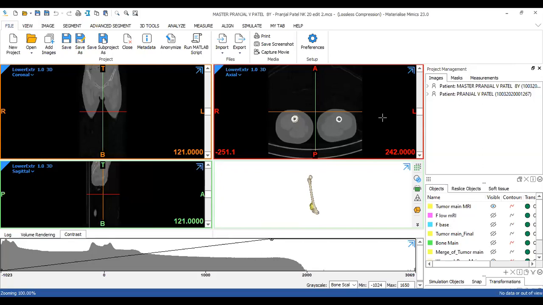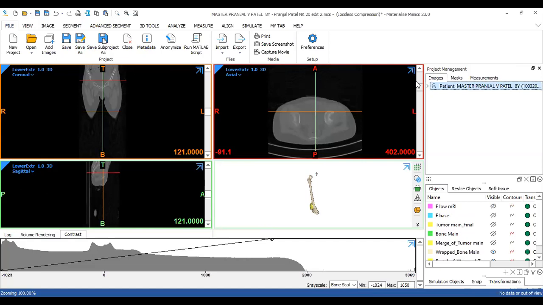Okay. Yes, ma'am. Now coming back to the alignment of two different data sets. What generally, if you see, you only have one data set there, that is your CT. What I have done is I have already added an MRI data set to this. So I'll just delete these images so I can restart the process. Right now I just have one single data set, that is just the CT of the patient. I'll scroll down so you get an idea. It's basically the pelvis and the femur region.